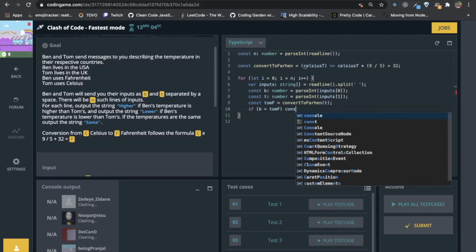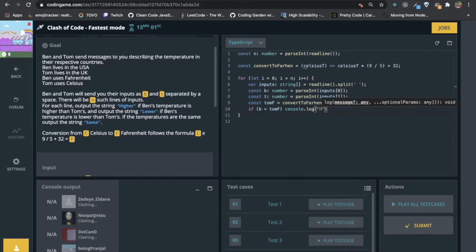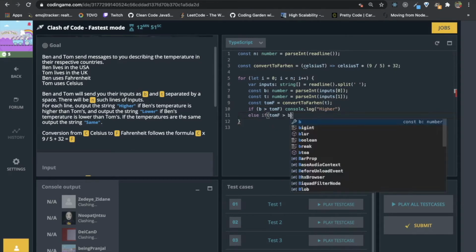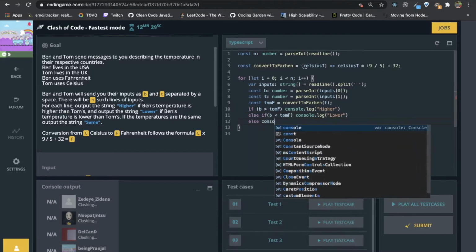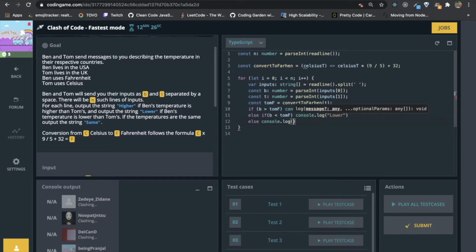So we can do console.log higher, else if B. So let's play. So we basically converted